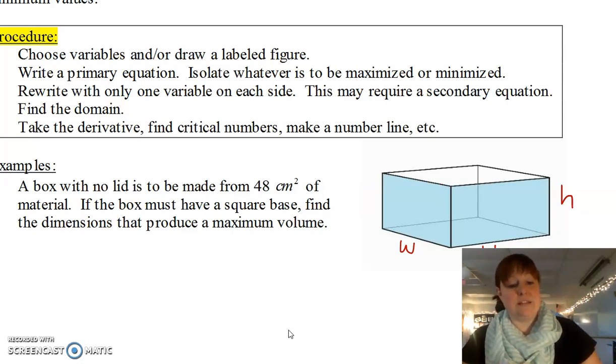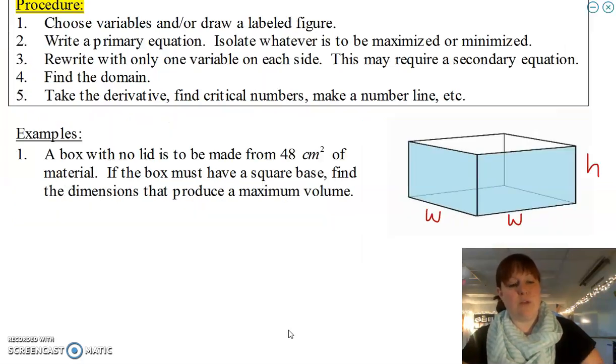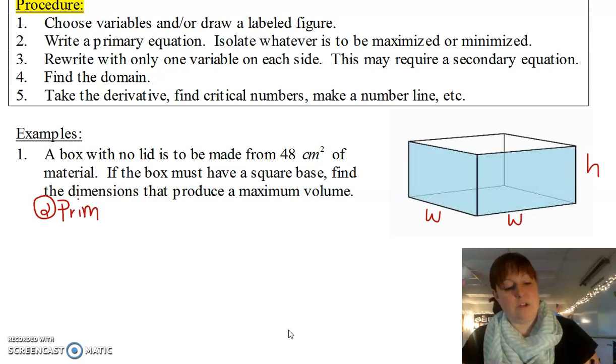So the second step is to write our primary equation. So again, we're going to find what we're going to maximize, and we want to find the maximum volume with the right amount of material, right? So our second step is to write a primary equation. So our primary equation